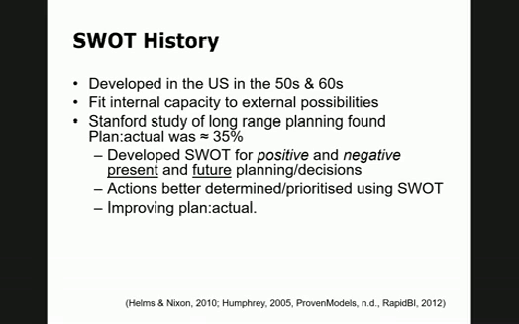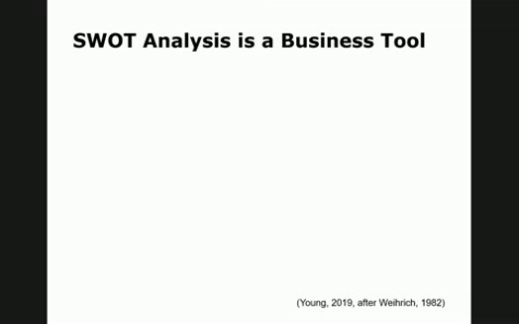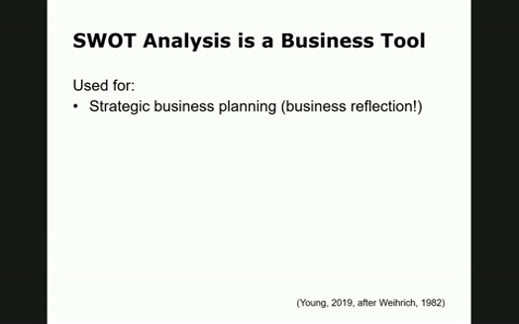Now we're going to have a look at how we use SWOT as a tool. So SWOT analysis is used as a business tool to analyse where an organisation is currently, where it needs to go, and to get agreed goals in order to get the organisation to where it needs to go. So it's used for strategic business planning, effectively business reflection. And like all reflection, it needs to take time. There shouldn't be a fast process, but you need to bring everyone together to brainstorm through a range of business